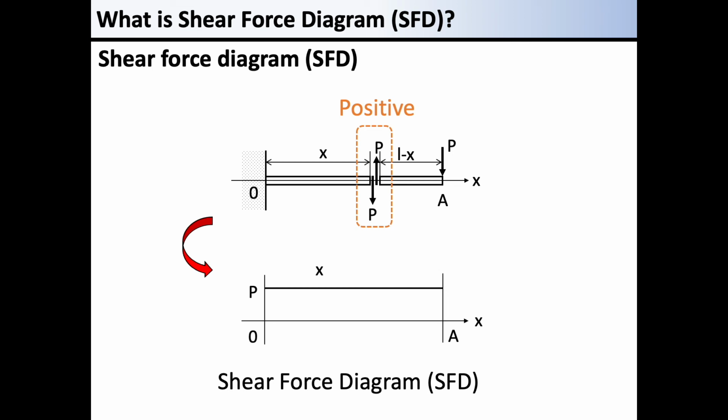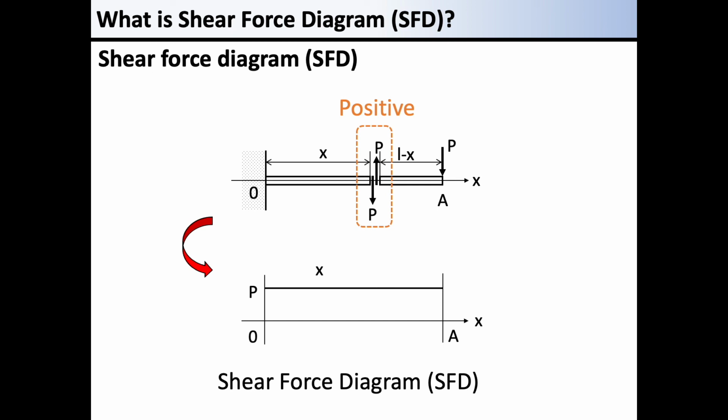Remember that the shear force diagram, or SFD, shows the distribution of shear forces along the beam. Here, the P that appears on the cross-section is an internal force. An equivalent amount of load should be transmitted from left to right at the cross-section. Their direction is opposite, which is an action-reaction relationship. An equivalent amount of load is transmitted.